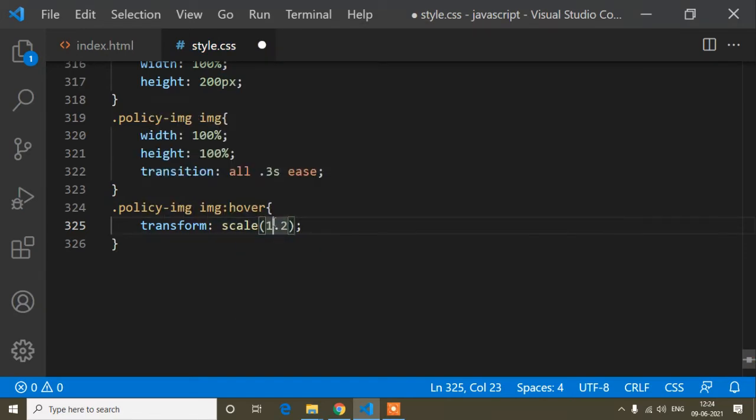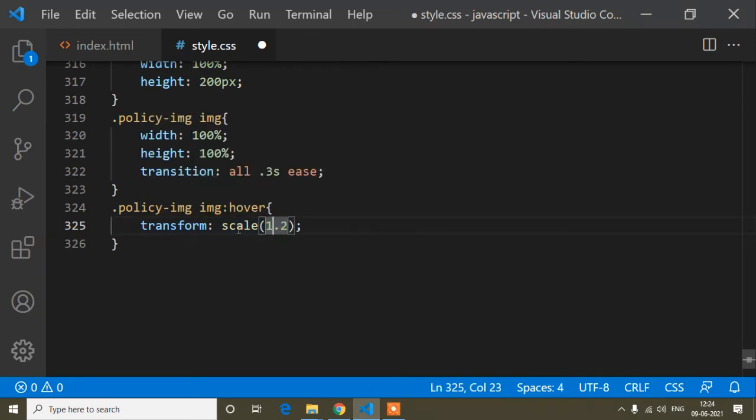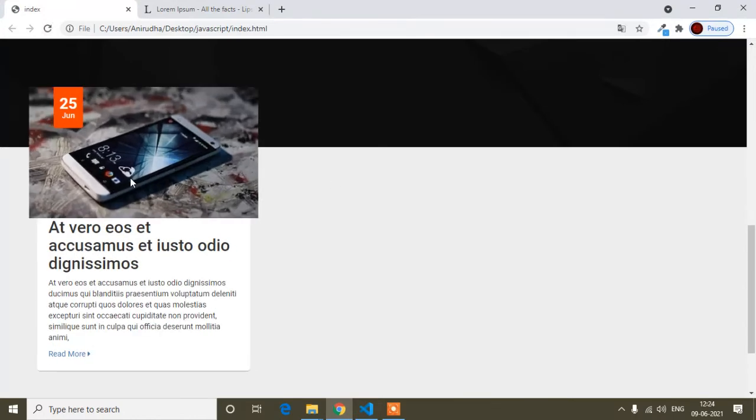So this is the zoom, 0.2 more. 1 is the normal size and 1.2 means it will scale the image up when I hover. So if I save and refresh, and hover on it, you can see the image zooms in, but it's overflowing. Okay, when it zooms in, it's overflowing.